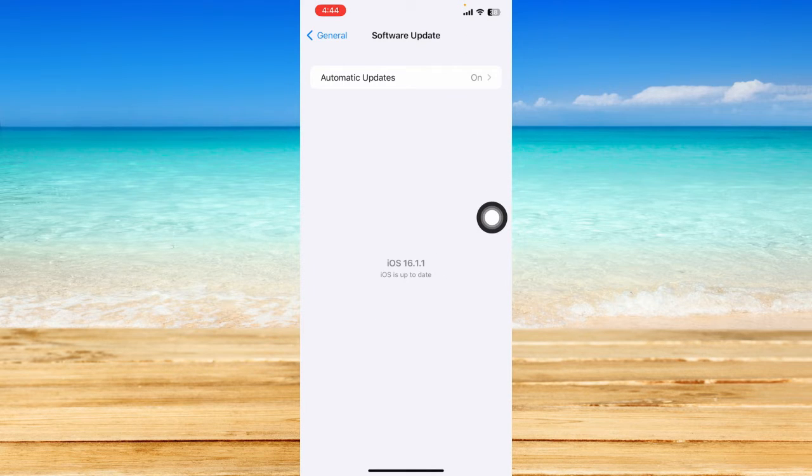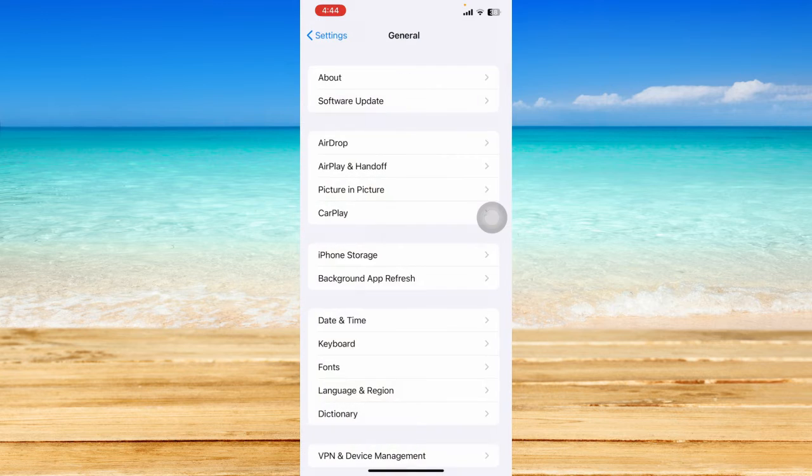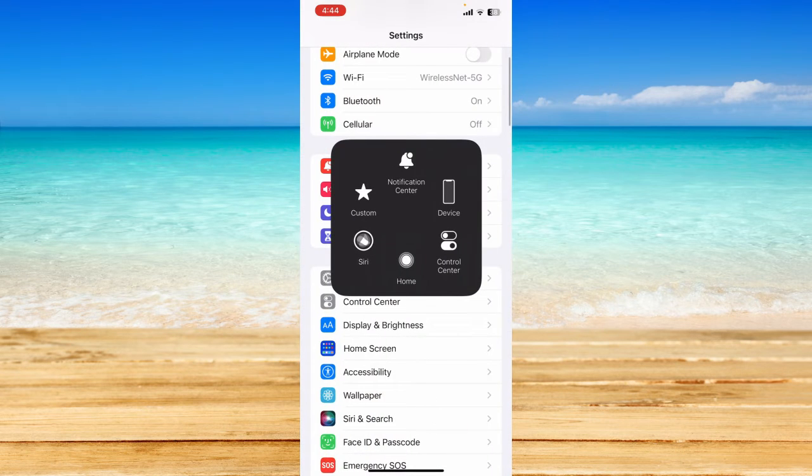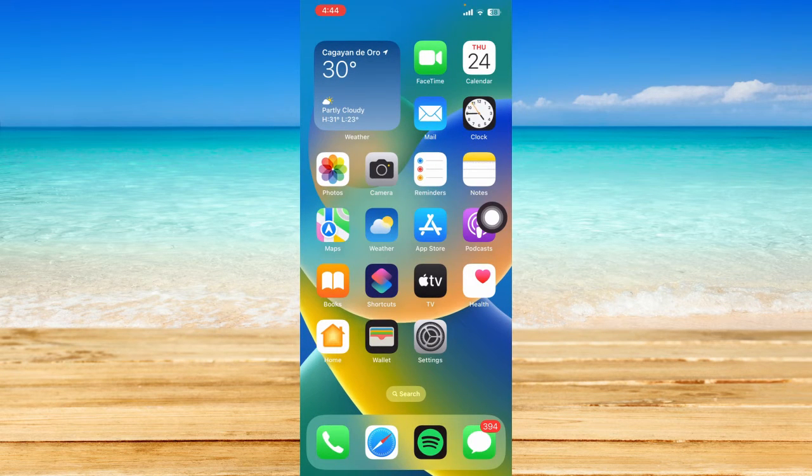However, if it prompts you to download and install a certain update, just tap on that, so that will make your device more compatible to all applications on the App Store that you have downloaded and might prevent some crashes on the app. So you should be able to open up your apps once you have updated to the latest iOS version. If that does not work, or if that is not the case,